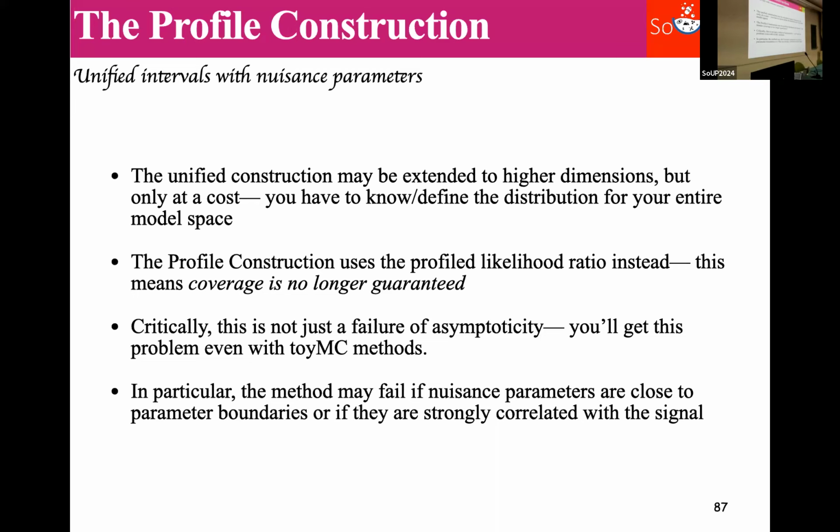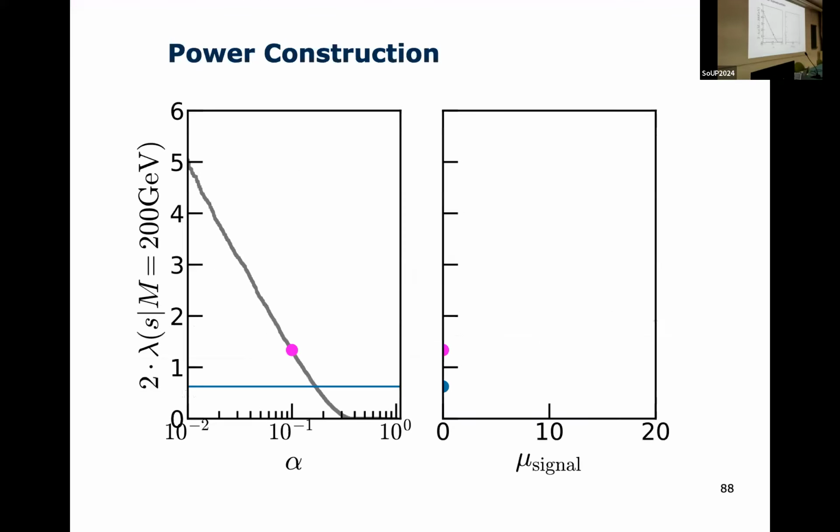And the way you do the profile construction is exactly by repeated hypothesis tests like we did yesterday. That is, you look here, and these are now sideways to how we've usually been looking at them. But here we have mu signal. This is the true value of mu signal. Here we have alpha, the fraction of toy MCs below a certain value. And here we have the 2 times log likelihood ratio, that is testing a certain hypothesis. And the gray here are thousands and thousands of toy MCs that I've drawn from the hypothesis that mu equals 0.